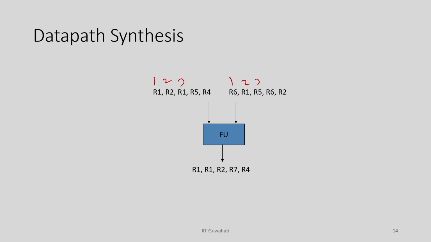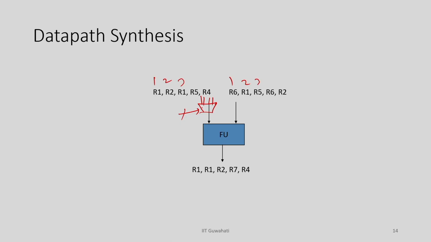So, how to make this connection? You have a set of registers, so you put some kind of multiplexer here, so that you can give these inputs and do time division multiplexing, right. It is not that all values will come in the same clock; rather, in every clock one of the values will come, and I know which value will come in which clock. Accordingly, I can give a control signal here which will make sure that in time step 1 only R1 comes into the FU among all these inputs. Similarly, in time step 2 only R6 comes into the FU. This is how the interconnection is made, right.